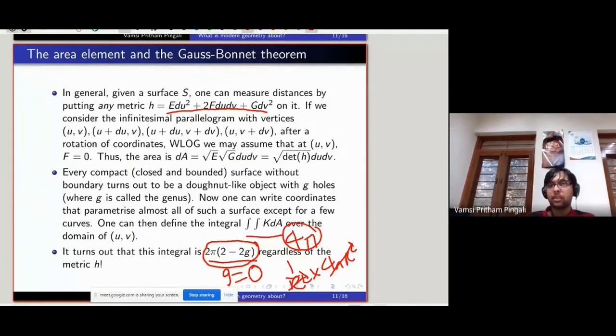So this is just a flavor of what differential geometry looks like. I hope I've conveyed some sense of what the subject looks like. So I think I'll stop here and